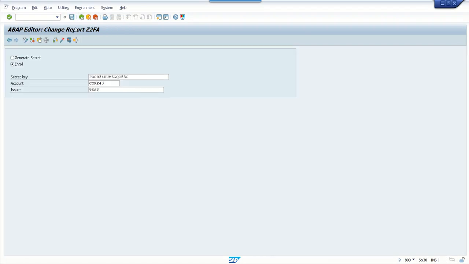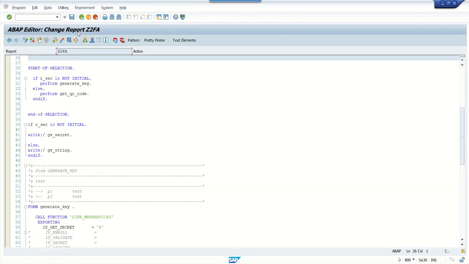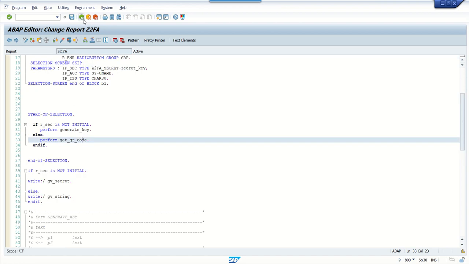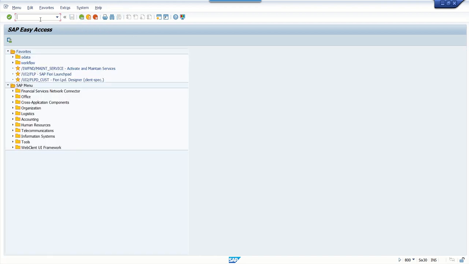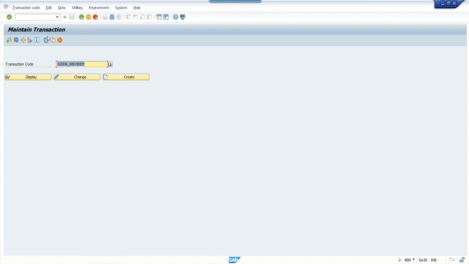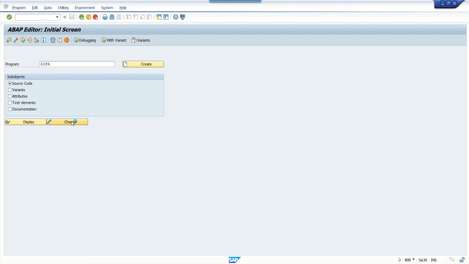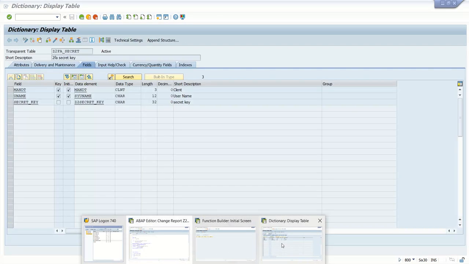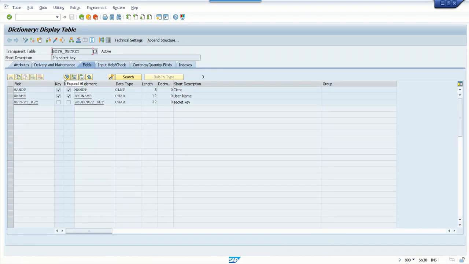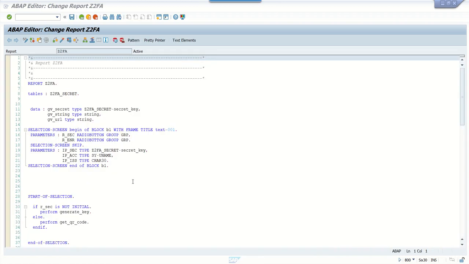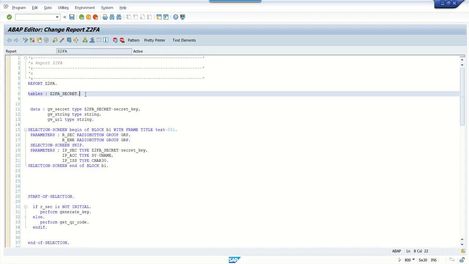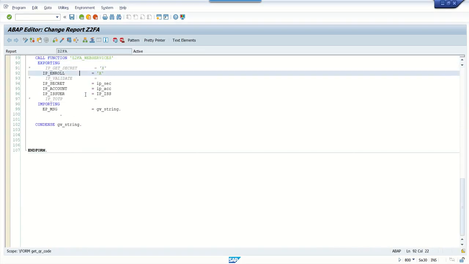Now let's assign a T-code for this newly created program, SE93. Okay, before that we'll do one more modification. I forgot that. Now what is our requirement? We have created this table. Because when we do the enhancement in the login screen, we need to validate the user ID with the secret key. So whenever we are executing this program for the enrollment, in the enrollment step, we need to